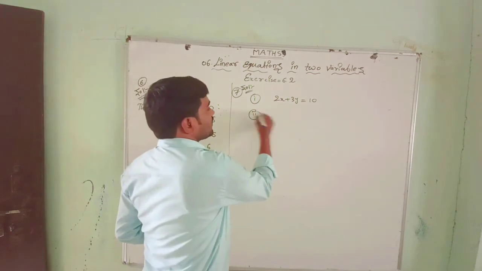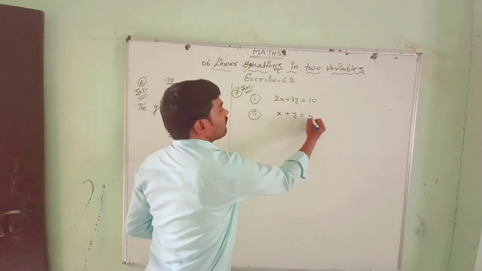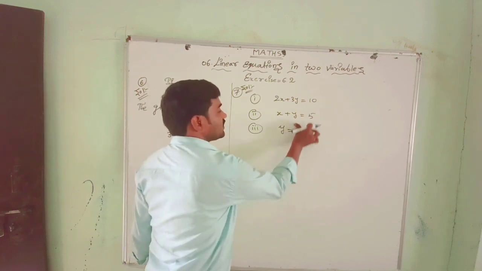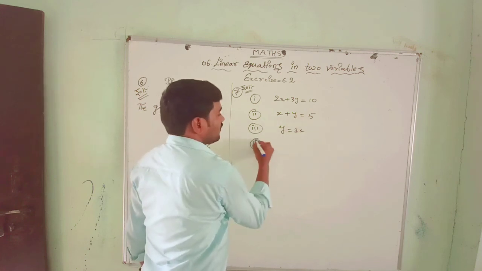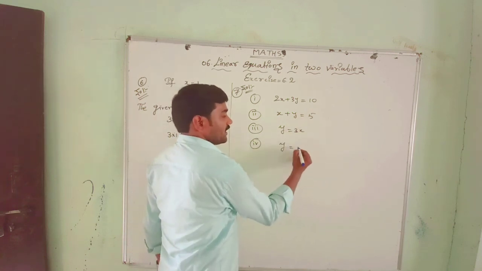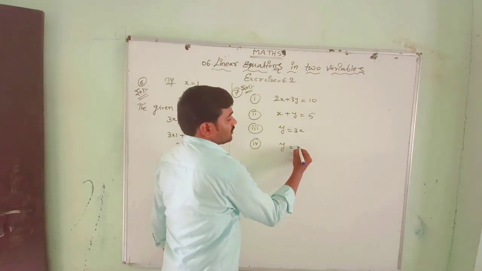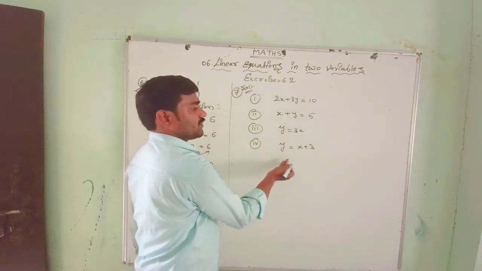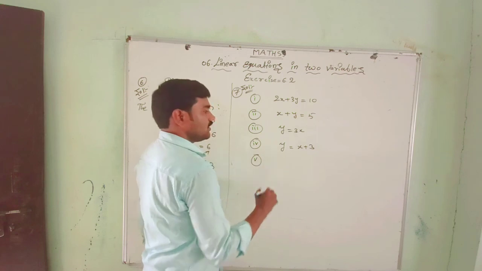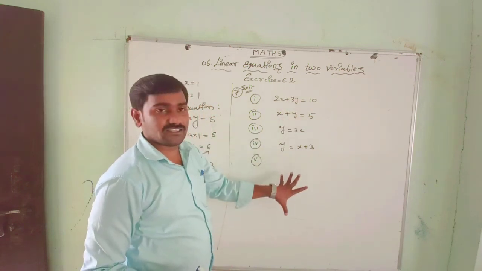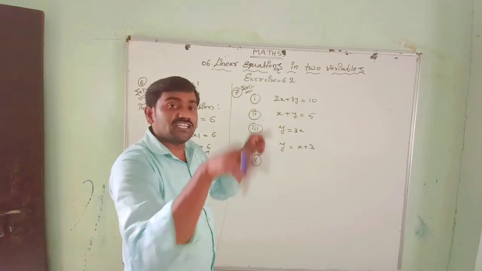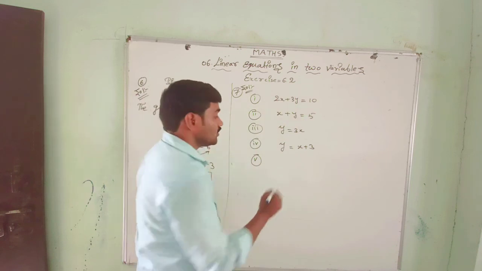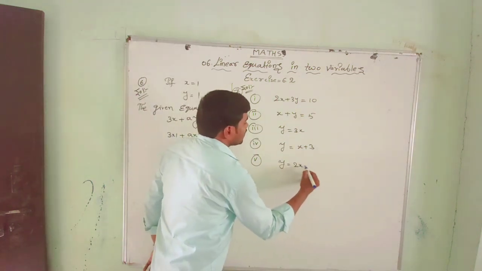Suppose next we assume x plus y equal to 5. Let's go for again y equal to 6x, or we have done this. Y equal to 3x, you do it. Then the fourth one, you write y equal to x plus 3. Directly you write the equation y equal to, then you make it like this. Then the fifth, you write anything. It doesn't mean that you only write this. You can take your own examples and make 3 solutions as we did in question number 1 of exercise 6.2. So here I write y equal to 2x plus 7.